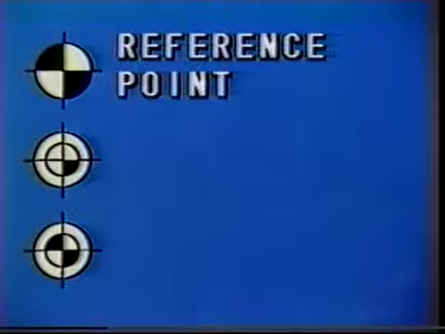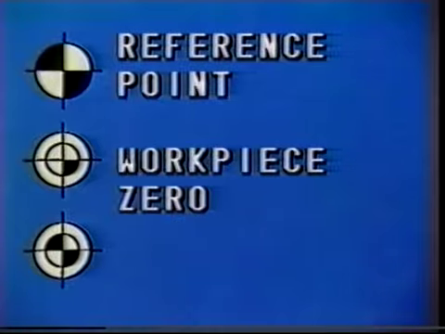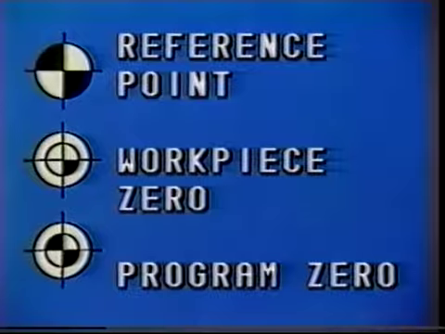There are 3 important locations to consider when programming a milling machine. The reference point, that's the 0 point of the machine's permanent coordinate system. The workpiece 0 point, which can be selected as desired but remains permanent for a given workpiece, and the program 0 point. Current data in the program are based on this point. It can be shifted during programming, but at the moment we don't have to concern ourselves with these details. For the time being, the program 0 point and the workpiece 0 point are identical.